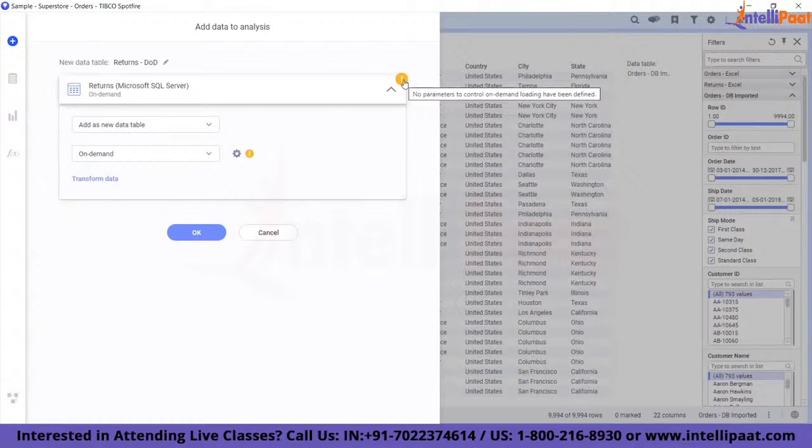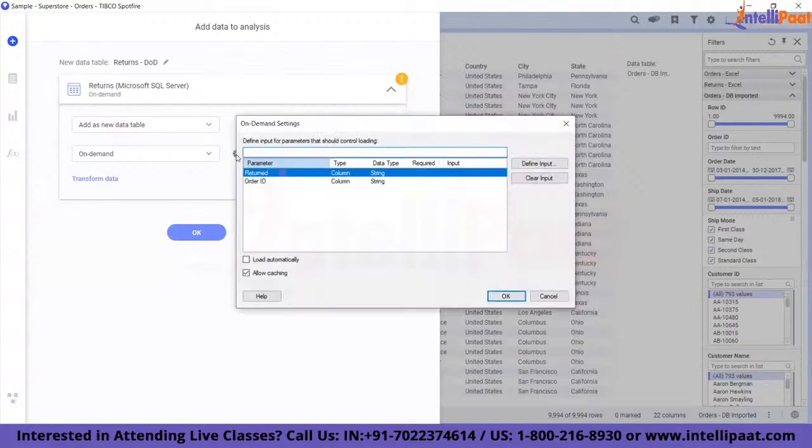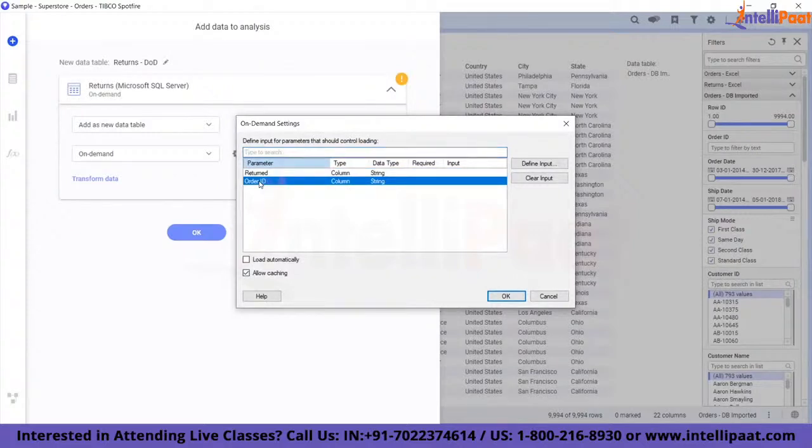Why is that? Because, as I said earlier, I would need to make a choice. I would need to make selections. Data on demand, but based on what? Based on what is the selection parameter. So for that, I would need to configure settings. Now this says that we have two different columns here. So what would be the selection point here? It would obviously be order ID, because we don't have a return column in other tables, right? We have the order ID column in